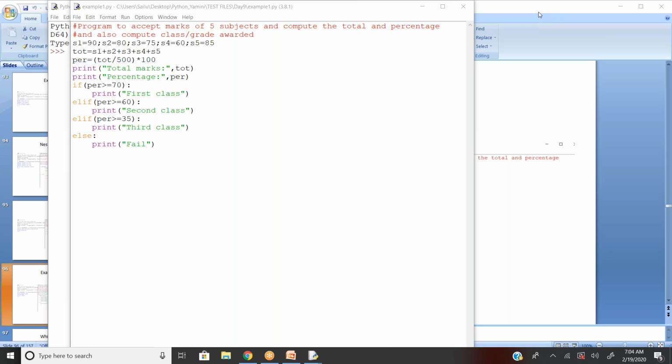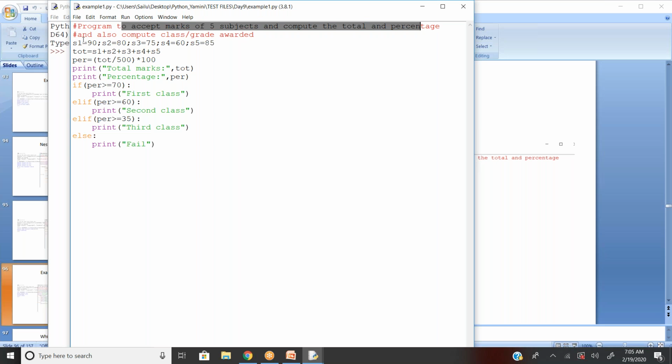When you're coming to scenarios like flowchart scenarios, flow statement or control statement scenarios, we have different examples we are going through so that you can decide which kind of control statement you can use in what scenario. So there is another example for us: a program to accept marks of 5 different subjects and compute the total and the percentage. So I want to know the sum of the total of 5 subjects, and I also need to know whether the person got first grade, second grade, or third grade as per the criteria.